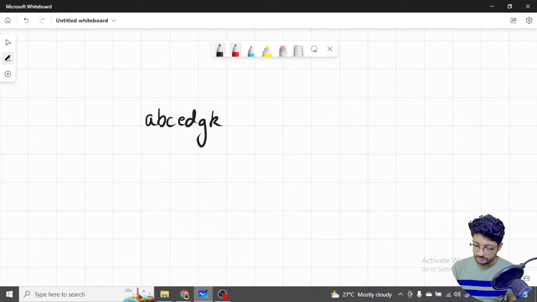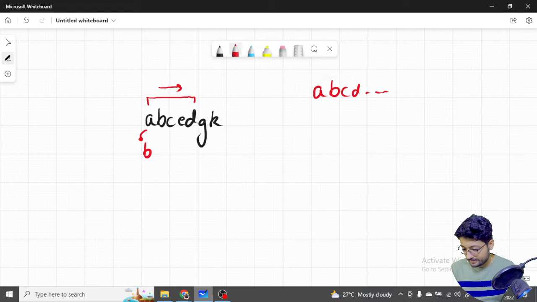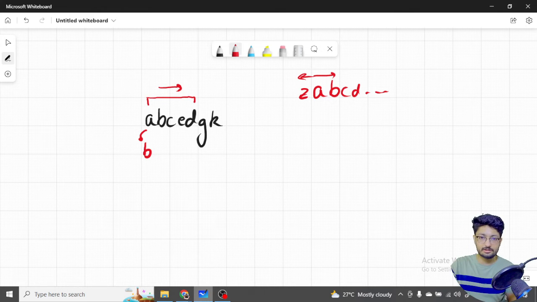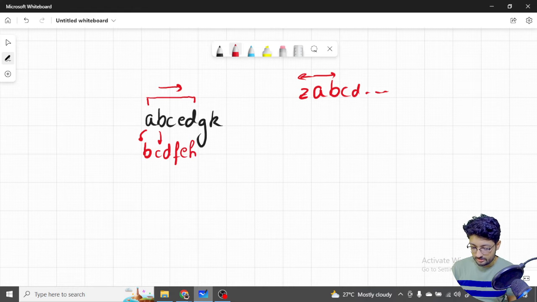Now what they'll say is that starting from this point till this point, all the characters will be shifted one place on the right hand side. So this will become, let's say, B, because A will shift one side on the right hand side. As you can see, the characters are A, B, C, D, E, F. Now if A is shifted on the right hand side, it will become B, and if A is shifted on the left hand side, it will become Z, because it's circular. So B will become C, C will become D, E will become F, D will become E, G, H,